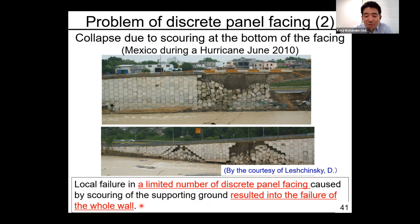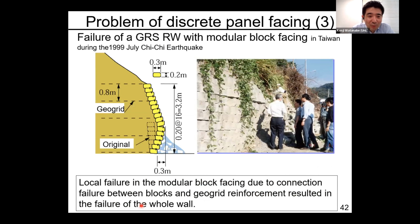And this is the advantage of using the continuous rigid facing. And there's another problem during earthquakes using the discrete panel facing. This picture was taken after the 1999 earthquake in Taiwan. And we observed that the local failure in the modular block facing, due to the connection failure between blocks and geogrid reinforcement, resulted in the failure of the whole wall. So in terms of seismic stability, it seems that it's better to use the continuous rigid facing. But